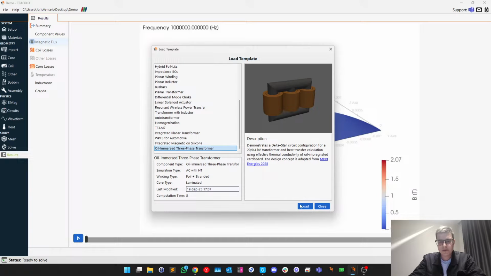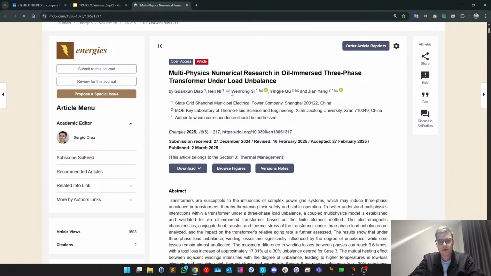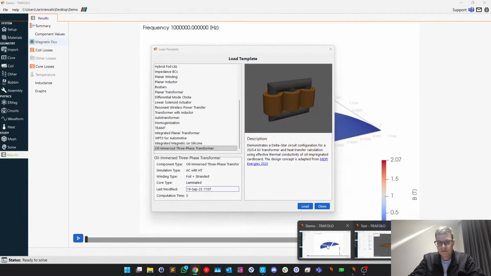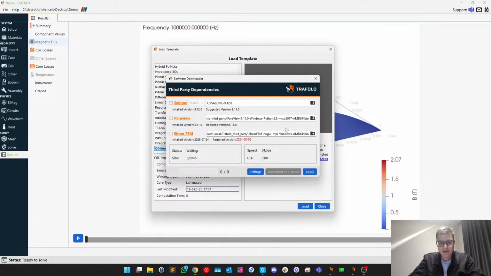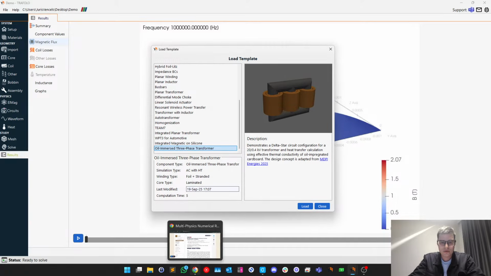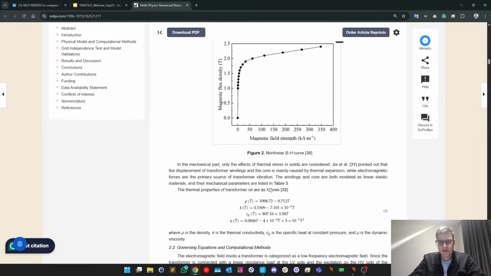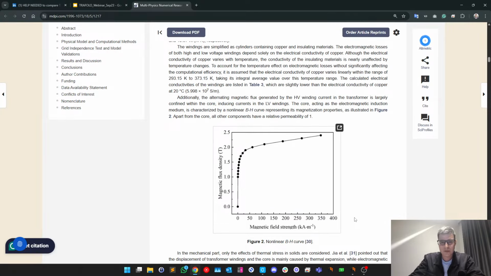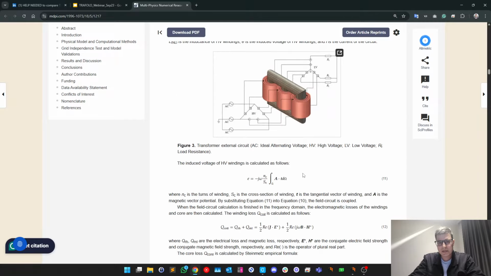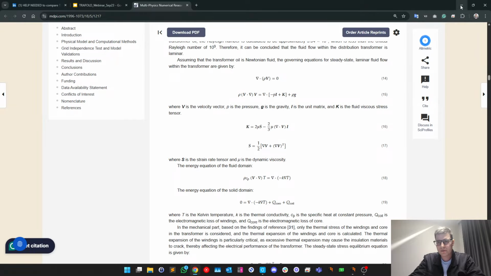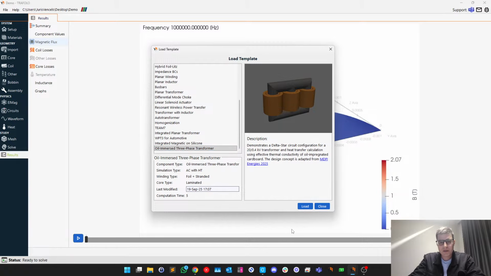And the last template that I would like to demonstrate you is oil-immersed three-phase transformer, which is partially based on this article. You can in TRAFOLO click here on the link, and it will point you to the article. In this article, it's very interesting. I cannot say that it's fully descriptive about all the needed settings that you would need to replicate this case, but still, at least they provide circuits, dimensions, so it's a very nice and neat article. Anyway, let's load this case